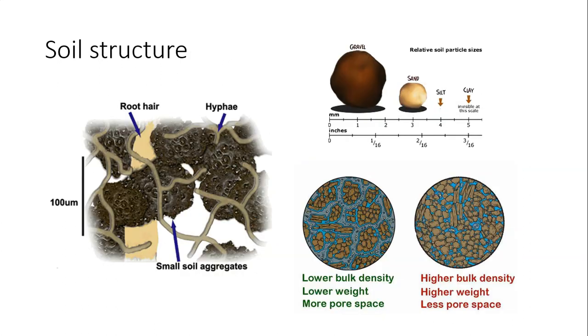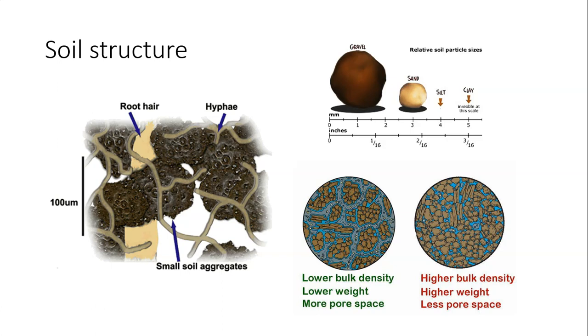Let's talk briefly about soil structure. As shown in the upper right, sand particles are larger than silt particles, which are larger than clay particles. On the left is an illustration of soil aggregates, which are groups of soil particles formed through physical, chemical, and biological activity below ground that bind to each other more strongly than to adjacent particles, creating pore space between aggregates. Bulk density, shown on the lower right, is an indicator of soil compaction. Soils with less compaction, or lower bulk density, will weigh less and have more pore space available for air, water,